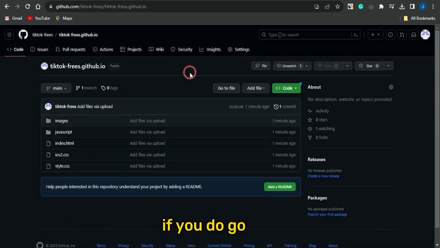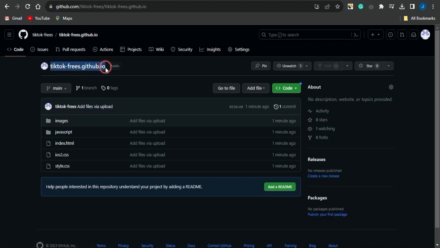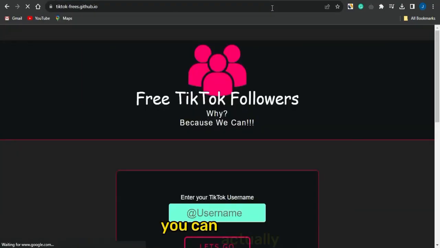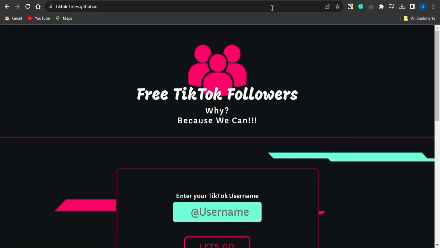So guys, if you wait for about 5 minutes, your landing page will be created, and you can simply copy this link address right here. If you copy that and paste it in a new tab, you can see that this page loaded up, and this is much cooler because a lot of people would use this landing page since it has a custom domain. So you can use this to get a simple custom domain